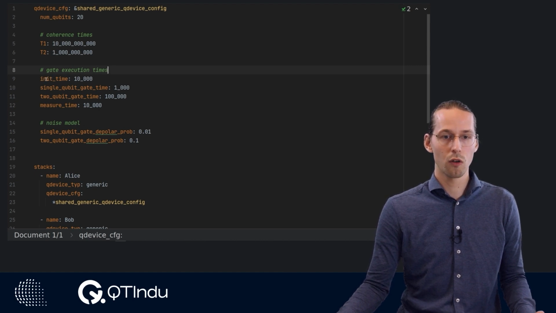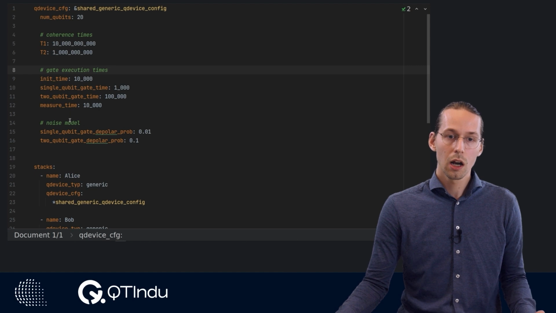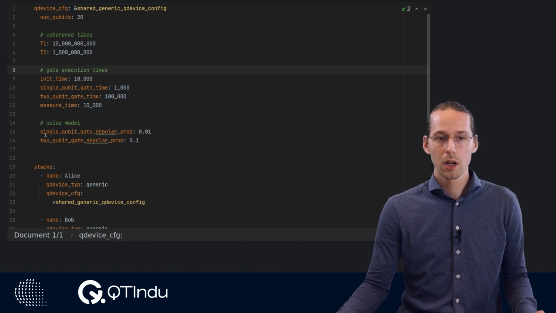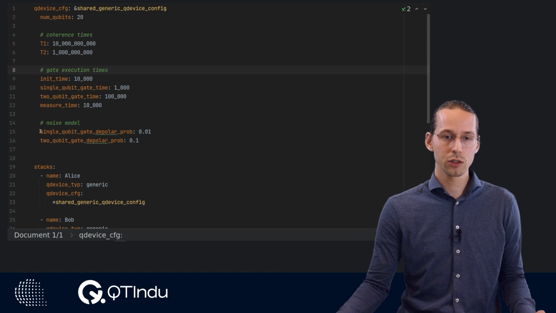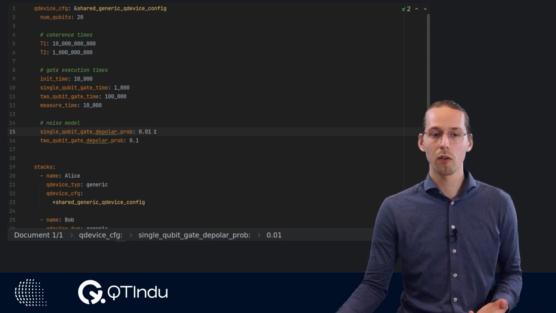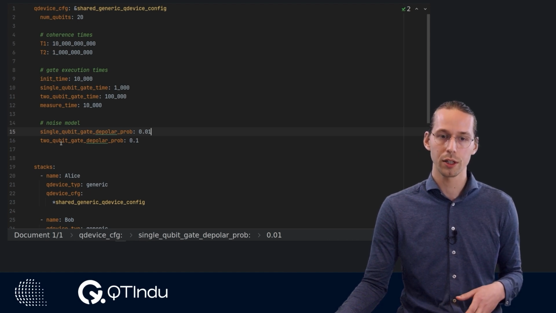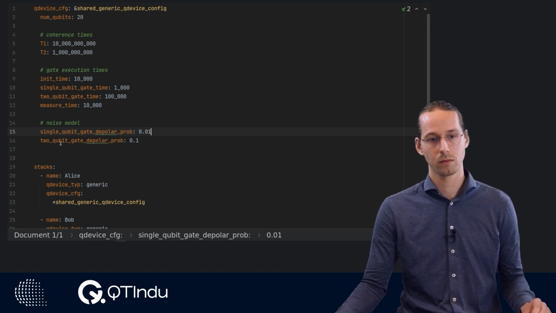So for example, over here, it specifies that initialization of a qubit takes 10,000 nanoseconds. Lastly, we have the noise models. These specify what the chance is of depolarizing when we perform a gate. In this case, we apply a 1% chance of a qubit depolarizing when we perform a single qubit gate, and a 10% chance of depolarizing when we perform a 2-qubit gate.